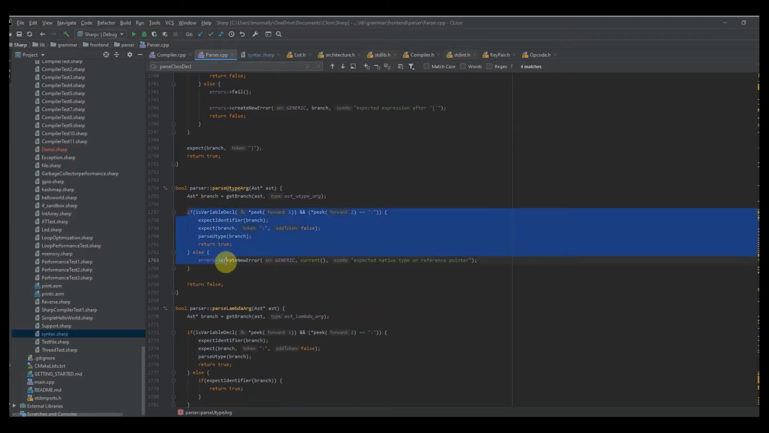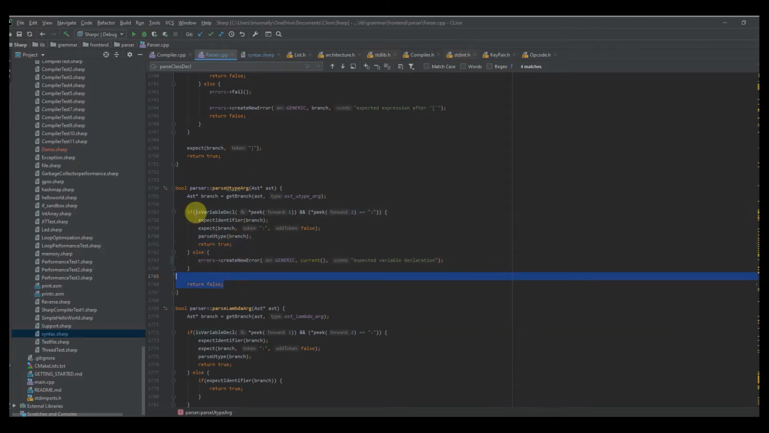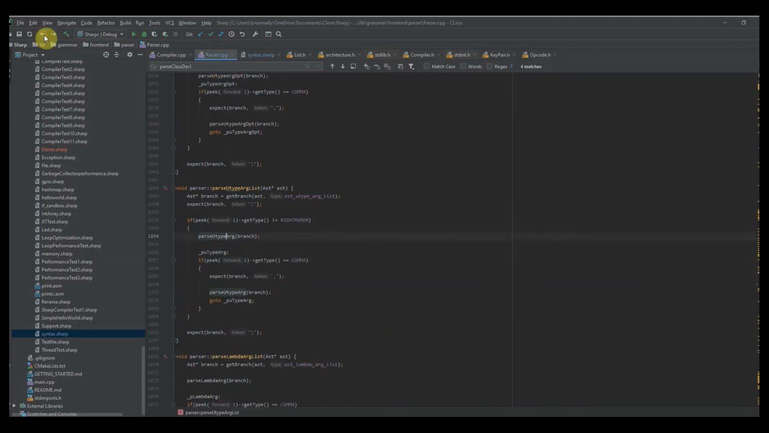And then if it doesn't get processed properly, if it's not formatted in the way that we're expecting, where it's a variable and then a colon, then we give an error message. So here I'm actually going to change this to expected variable declaration. So that is parse utype_arg. And then of course you want to return true if you parsed it successfully. Otherwise you want to return false if it didn't get processed successfully. So if we back out of there,